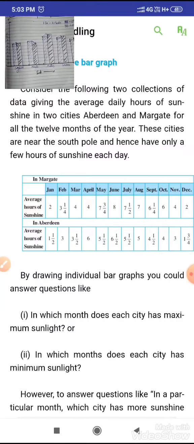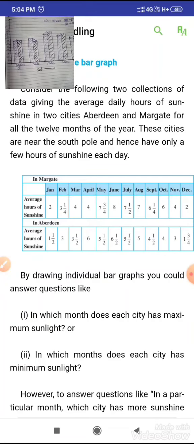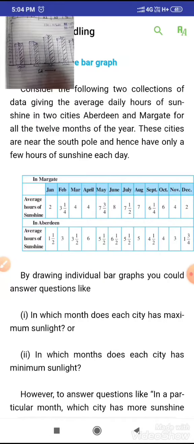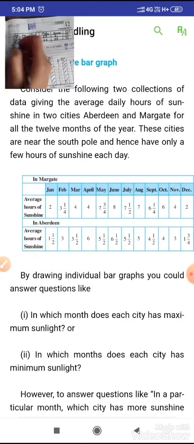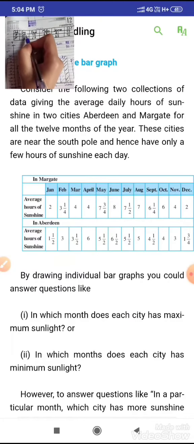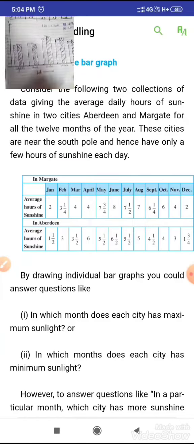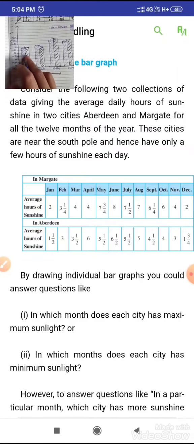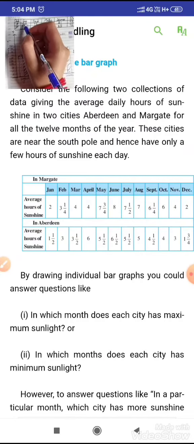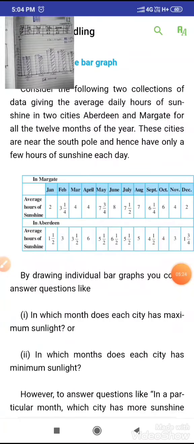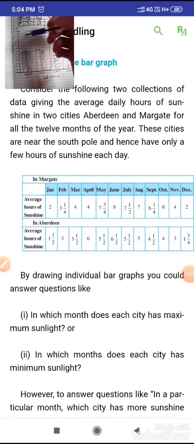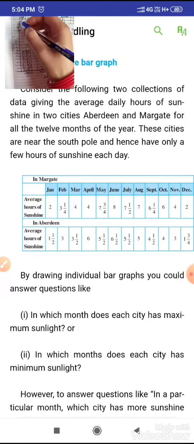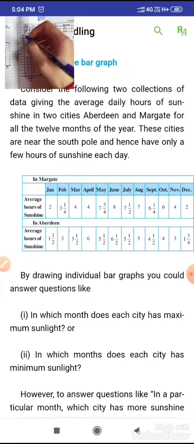Now look at this graph. It is a double bar graph. A double bar graph generally shows the comparison between two sets of data. Like here, this graph shows the subjects and their marks in the first term and the second term. So when we have to compare some data, we use this graph. Like here, in English, the student obtained 67 marks in the first term and 70 marks in the second term.